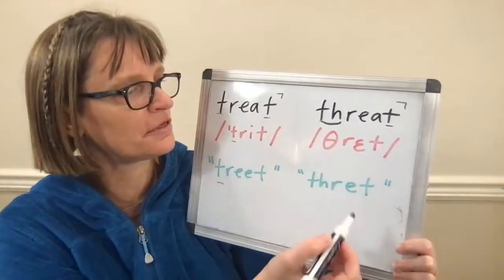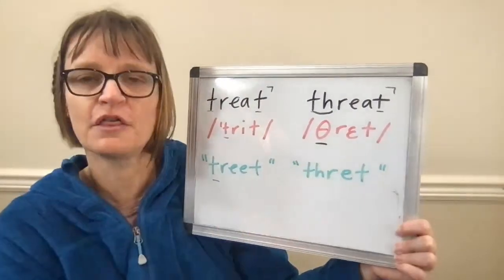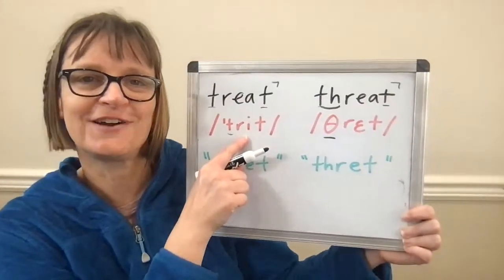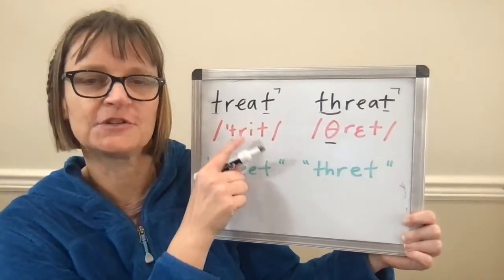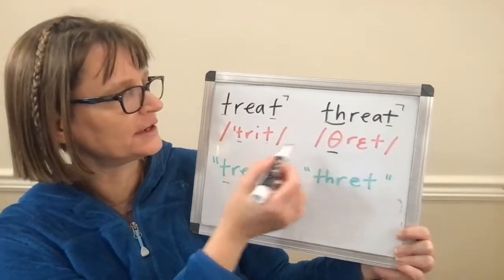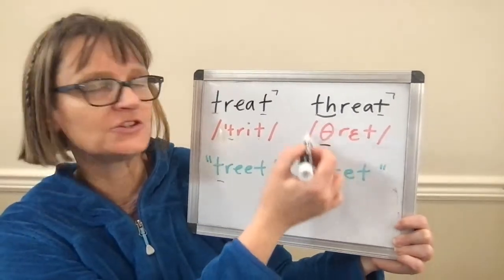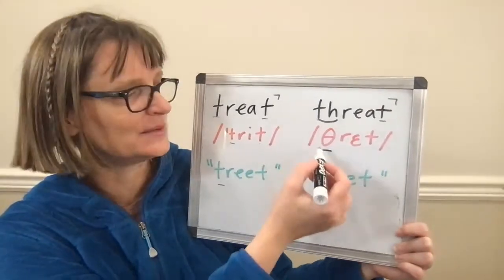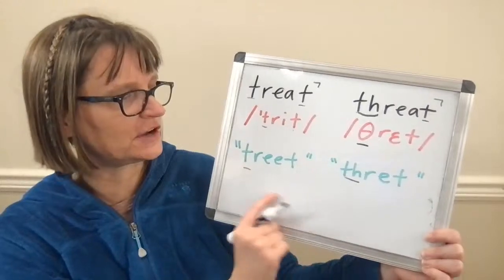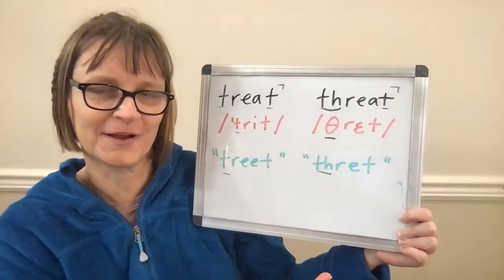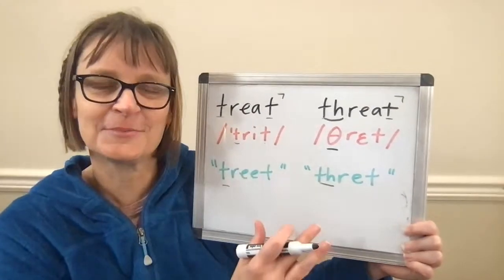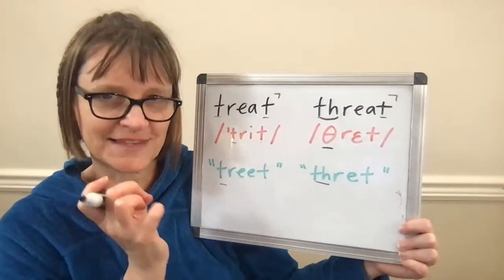So in this word, threat, we have the th sound. If I'm looking at the symbols, these symbols are the International Phonetic Alphabet, so there's one symbol for one sound. T is straightforward. It looks like a T. But TH, you'll see here, is the theta symbol, and that makes the th sound. So that's one thing to watch out for. Of course, many of you are aware of that. Some of these things are basic, but getting some help with breaking down the sounds in the word can be